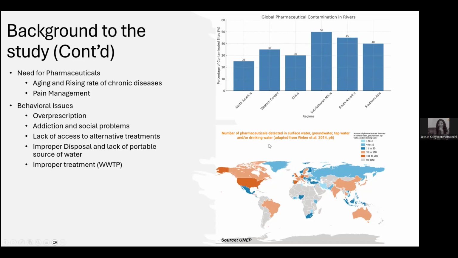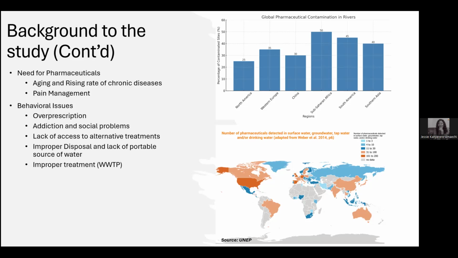And down here, we can see the amount of pharmaceuticals that have been detected in surface water, groundwater, tap water, as well as our drinking water. So from here, we can see that these chemicals are not leaving any environment, and they are found in each and every environment. Therefore, that's why there's a need for us to understand this